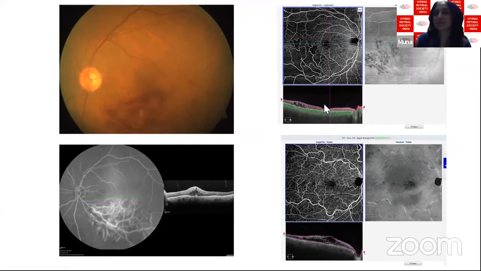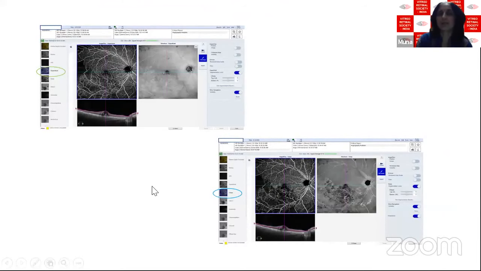So most of the time we need to compare the OCT angiogram along with the structural OCT. In this patient with a central retinal vein occlusion, you see that the perfusion is good, but the vessels are dilated and tortuous. The en-face image, the structural image, shows you that there is cystoid macular edema that is corroborated on the structural OCT. So this is just an idea of how we would compare the different investigations.